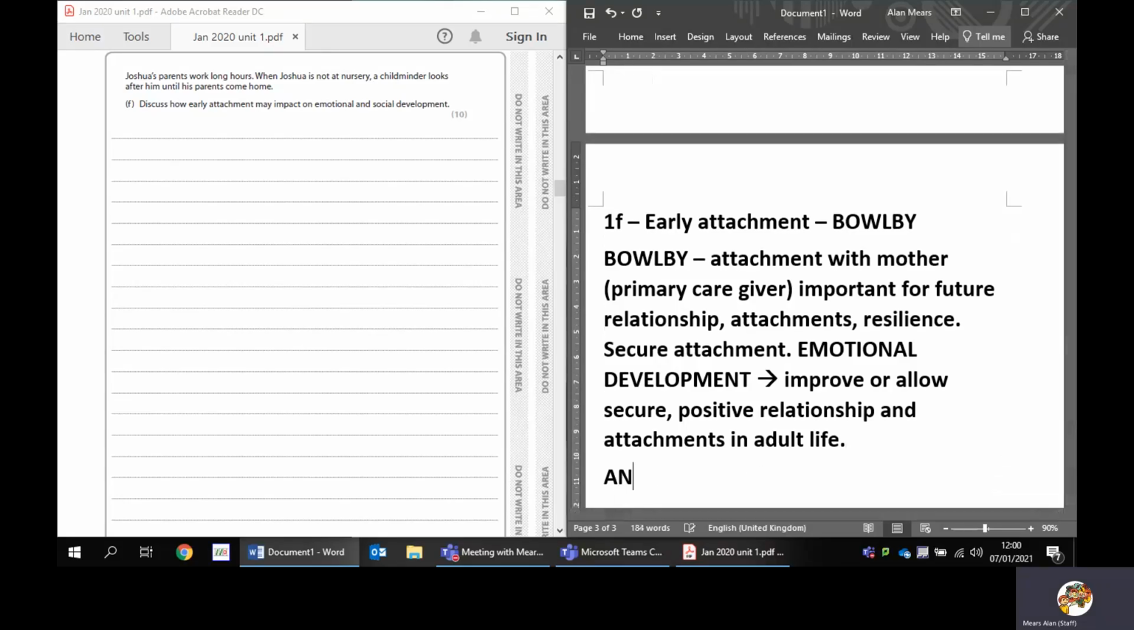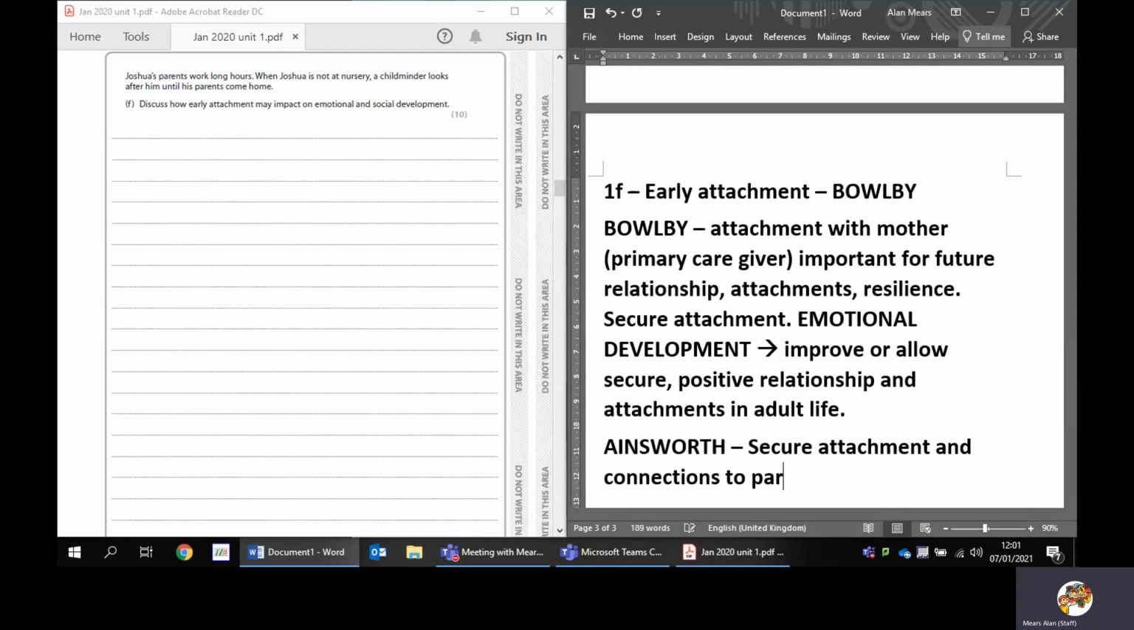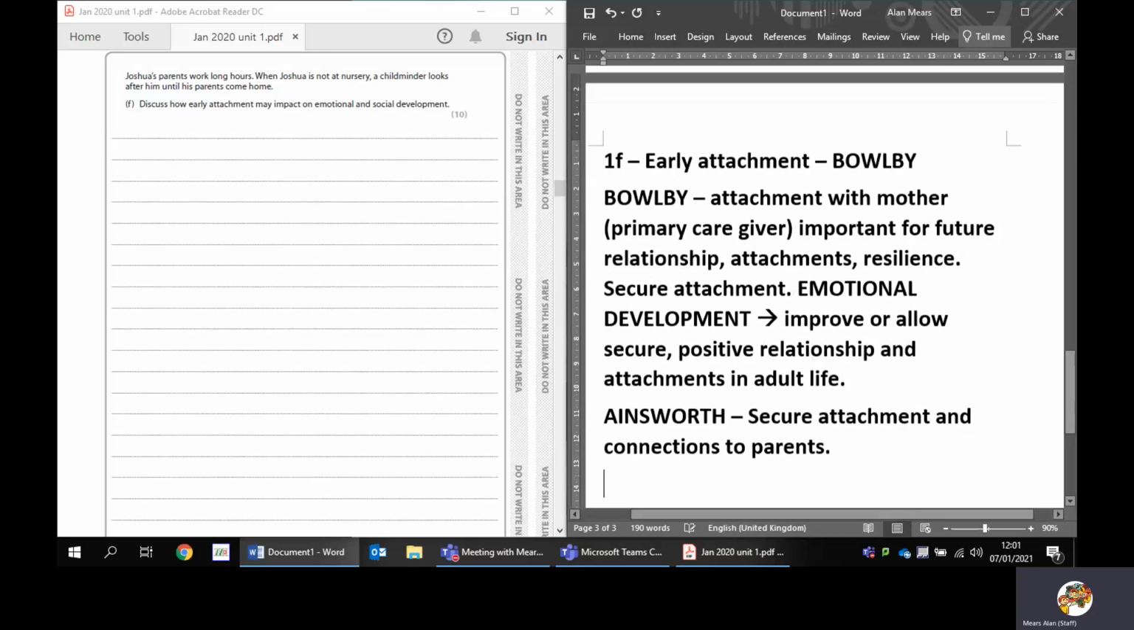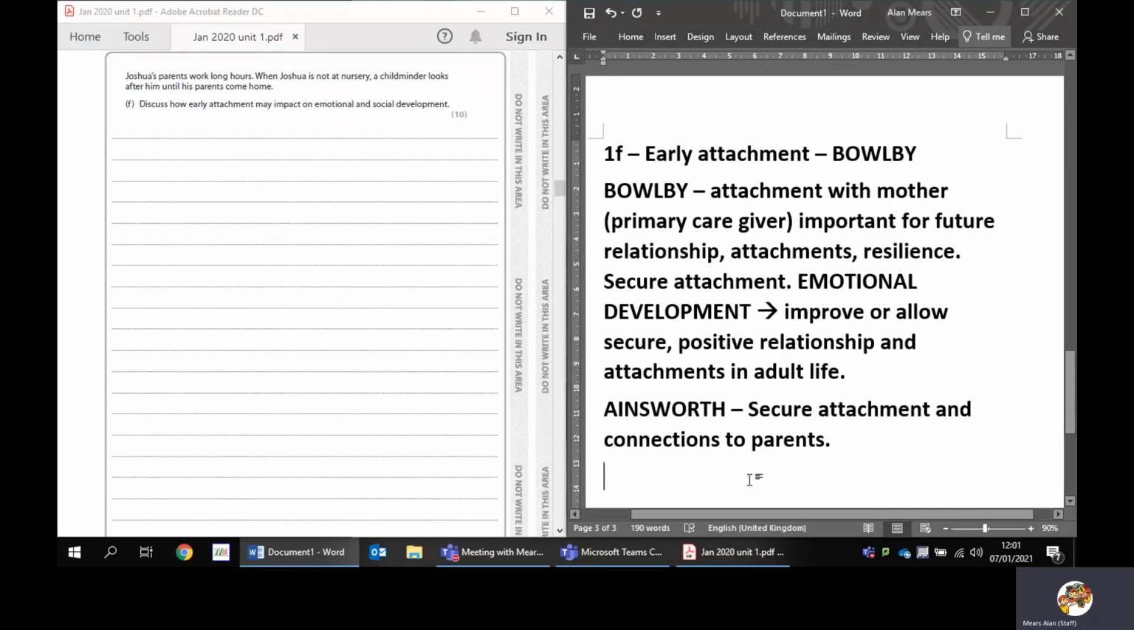You've got Ainsworth. Oh, I can't remember how to spell. Oh, my spelling is all over the place at the moment. So Ains. And again, it was the secure attachment and connections to parents. So again, that's a key point as well. Obviously, again, in terms of forming relationships,